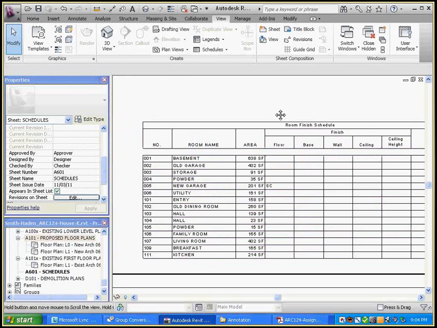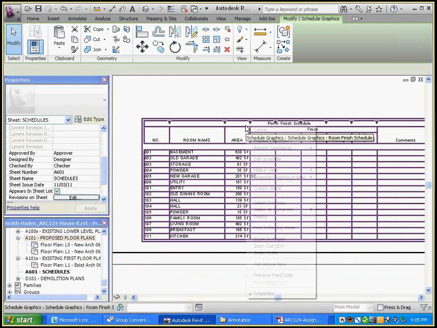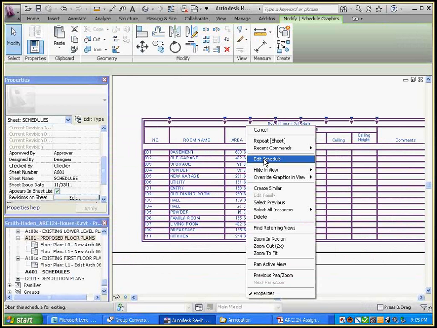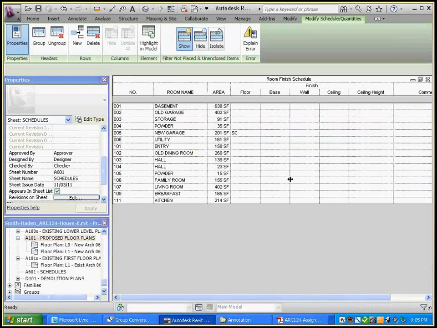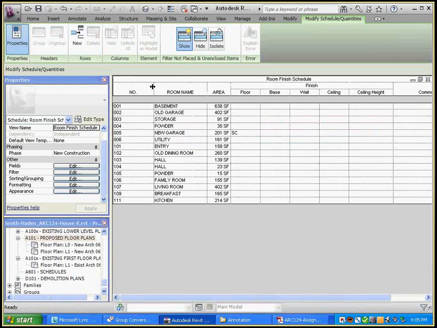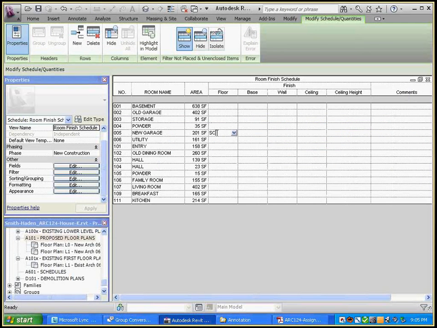And you can do that as a shortcut. You can just right-click on it on the sheet and say Edit Schedule. And that's synonymous for my term of pull up the ugly view of the schedule. And then you can go in here and make your changes. So then if I actually want that SC to be SC-1, I just change it there. And it's changed it in the room properties, and it's changed it on the pretty view of the schedule on